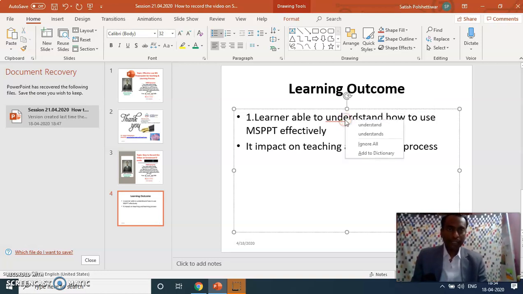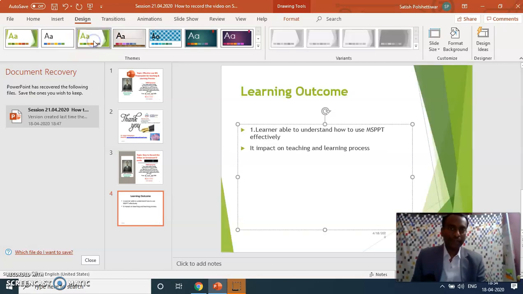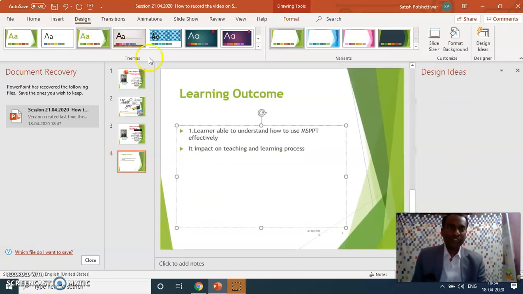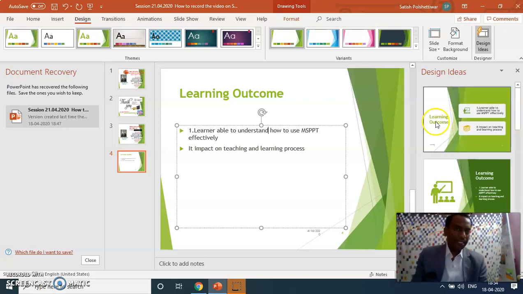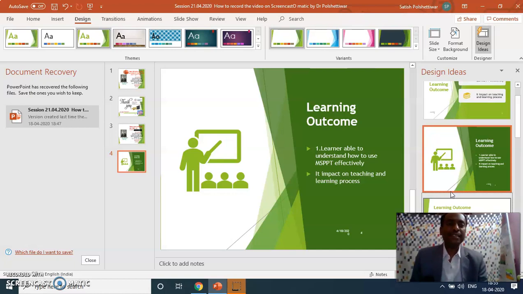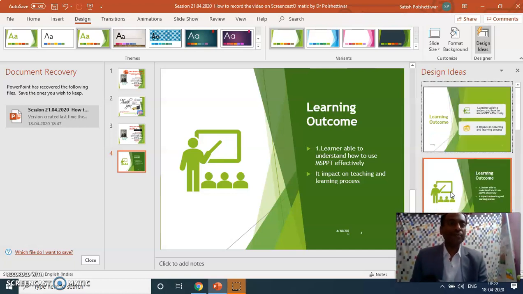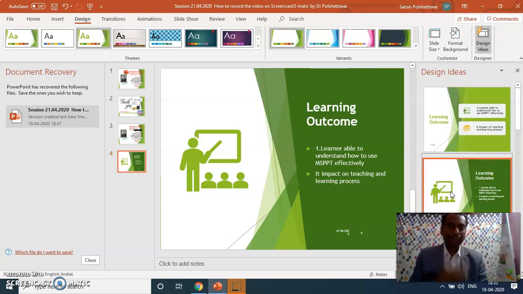Now if you want to design these slides, these two points are there. If you want to design it properly, just click on Design. Over here various designs are available, so just select any design that you like. Even if you use Office 365, they have given design ideas, different ideas are available, so just choose any idea among these. This uses artificial intelligence, augmented technology and similar technologies being used today. You can select any, no need to design the slides. It is already designed properly, just select the proper slide that you want. Now see, I am taking this slide over here.